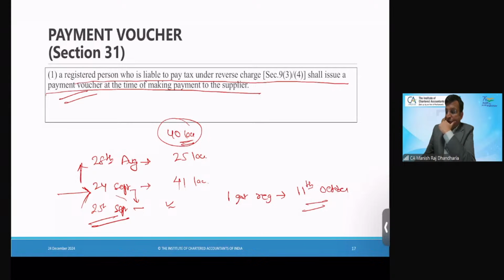No, because I am not a registered person. I don't have the registration as on 25th of September. So what should I do? बिजनेस बंद कर देते हैं 10 दिन के लिए, 15 दिन के लिए बिजनेस बंद कर दें. Should I stop doing business? Obviously not. I can't stop doing business. I'll continue the business. Here comes the concept of pricing. When I'll get registration on 11th October,